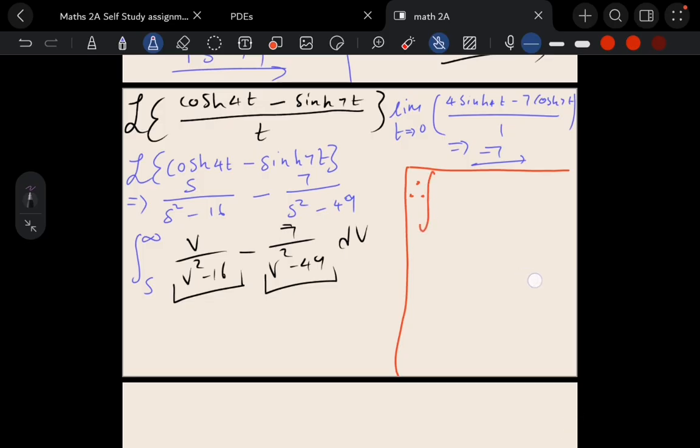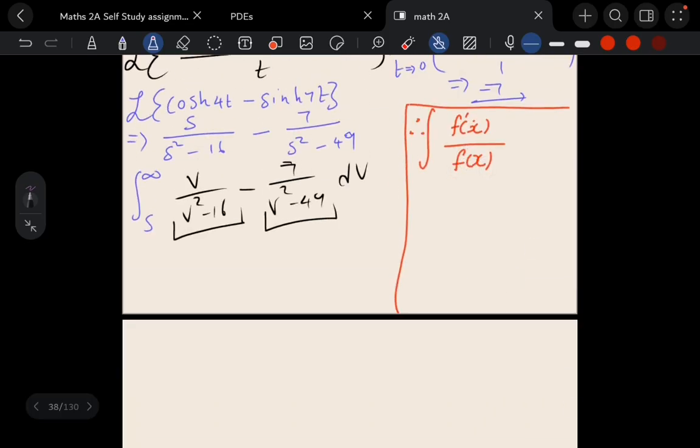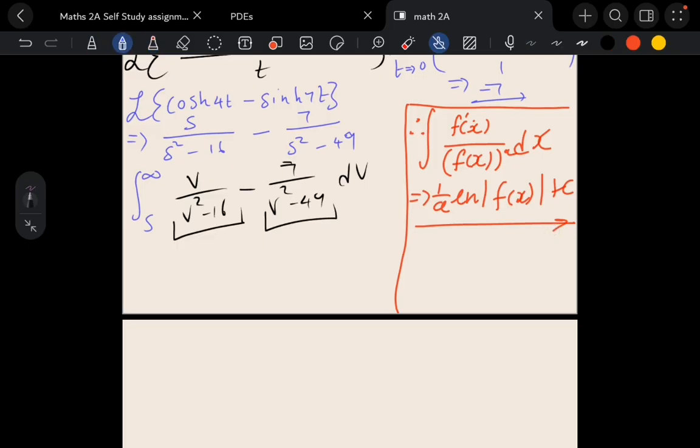When you integrate f prime of x divided by f of x dx, let's say to a power of an exponent a, your answer to this is 1 over a ln f of x plus c. What does it mean? It means that when you integrate a derivative over the original function, we have a derivative